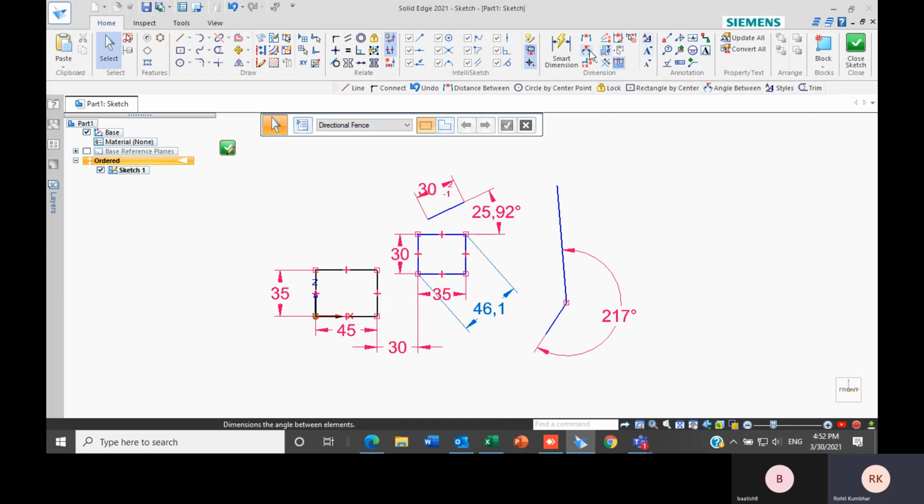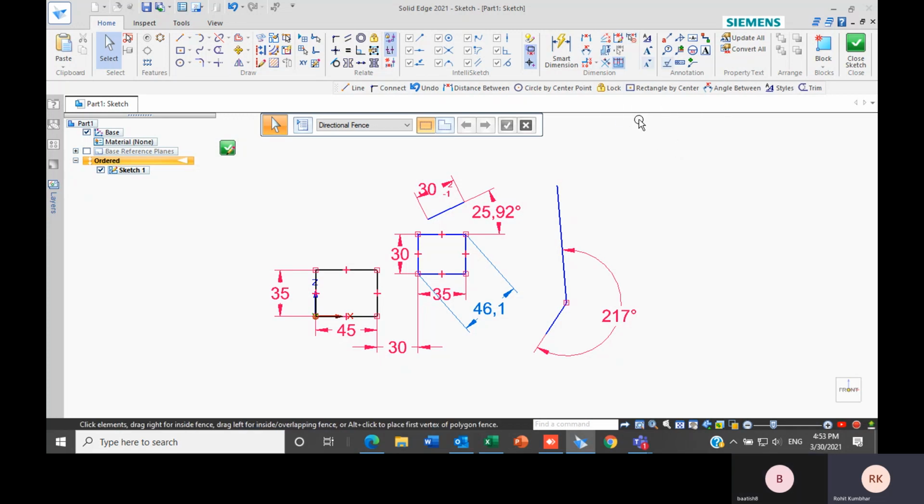Our next part is coordinate dimensions and angular coordinate dimensions. For this part, I think I will show you in our drafting session, because these dimensions are mostly used when we create a drawing of our part or our assembly. So it will be better if I show it in our drafting session. Is it okay for you? Yeah, sure, sir. No problem. I will definitely explain it there because it will be much needed in the drafting.